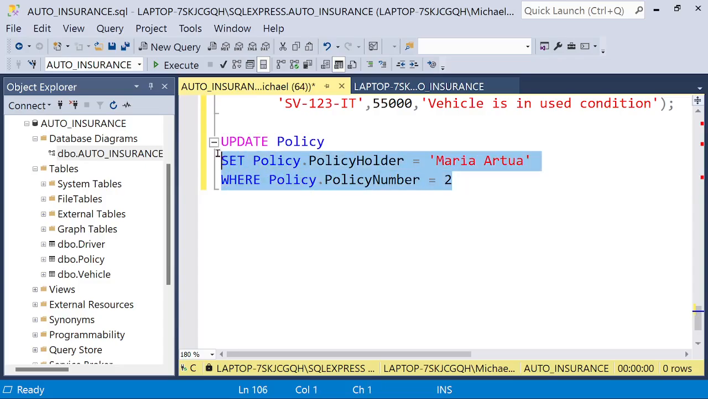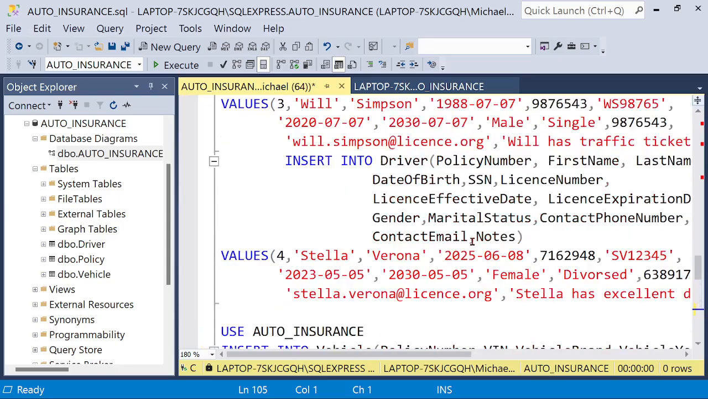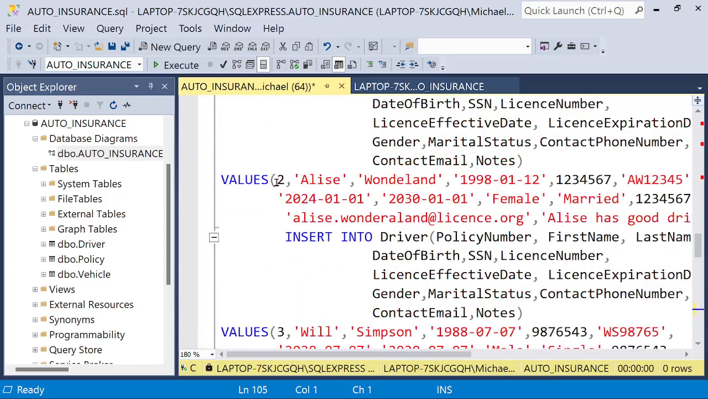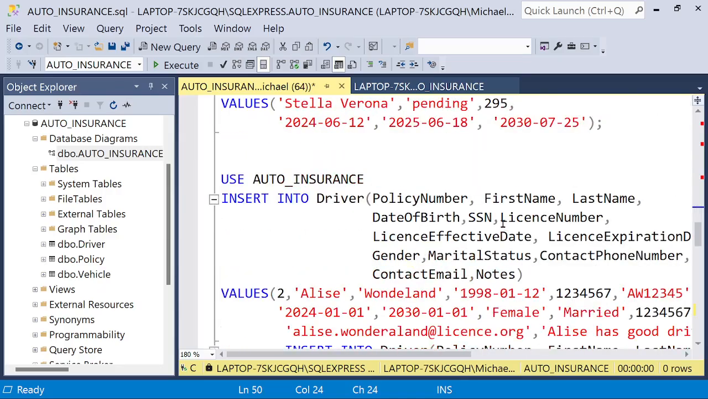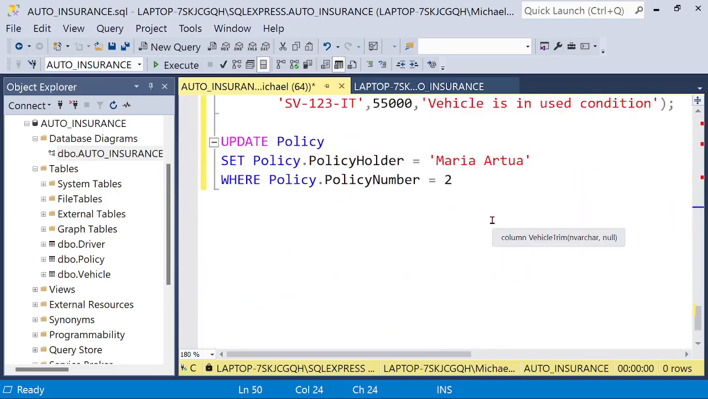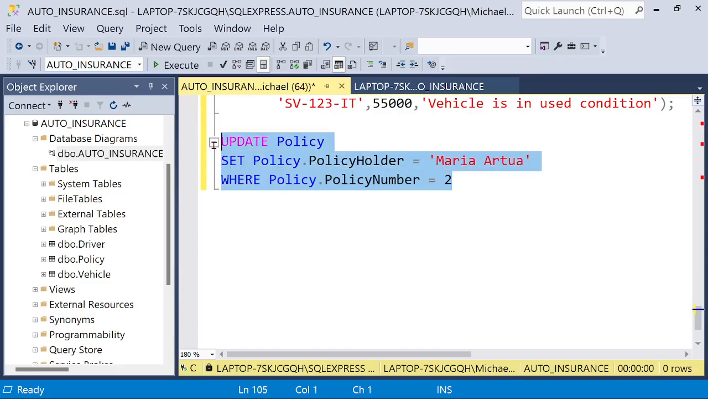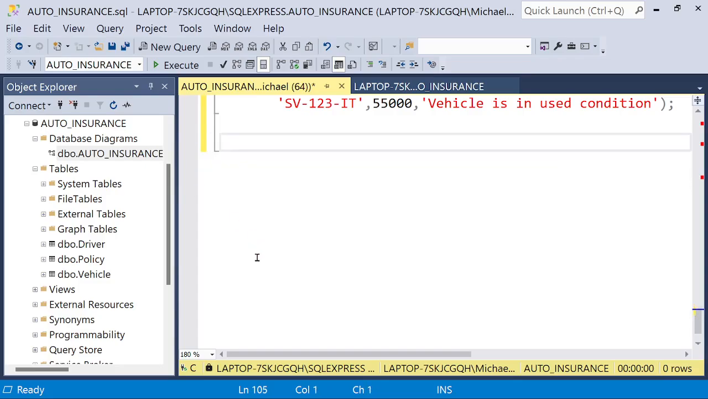If you run this command, it will update this record, and instead of Alice Wonderland, the name of the policyholder will become Maria Artois. It's not an everyday task, updating. However,